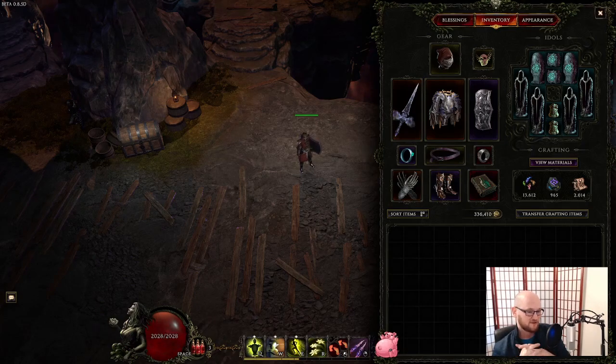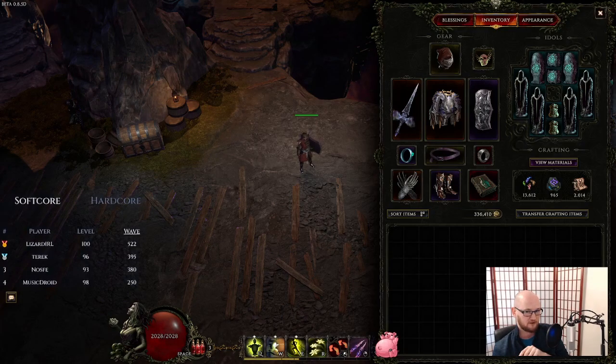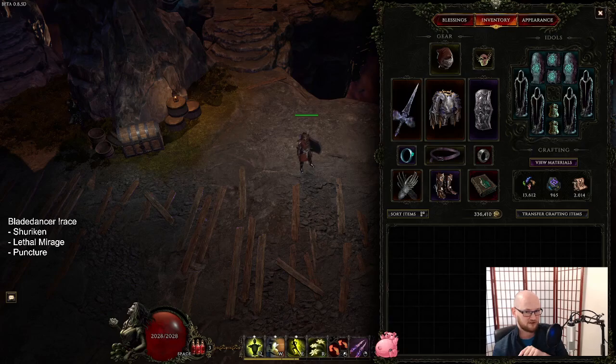This is something that I would call super generic, or maybe mainstream, maybe meta. As a result of the Bladedancer weekend, the 3 skills for the weekend were Lethal Mirage, Shurikens, and Puncture. So we chose to use Shurikens in our build, and we kind of cheesed it up because Shurikens weren't our main source of damage. We were only using them for armor with a blade shield